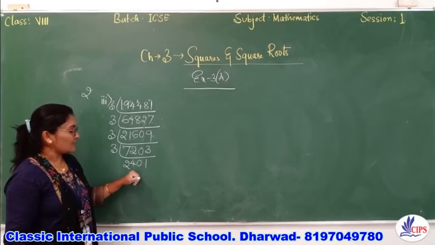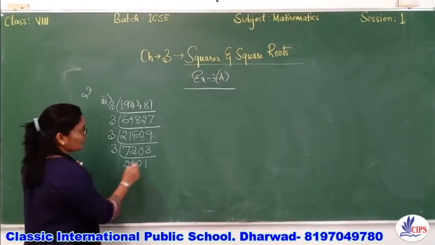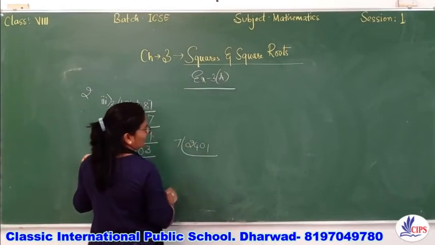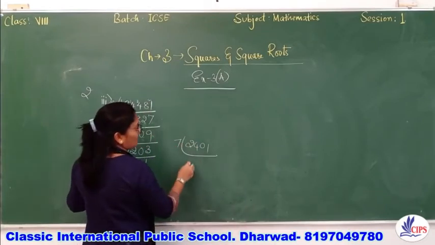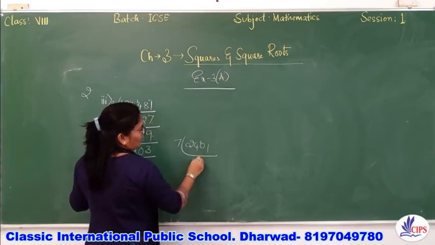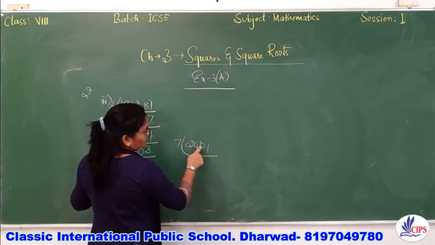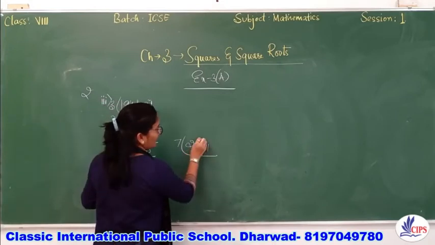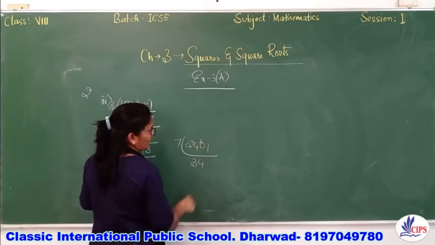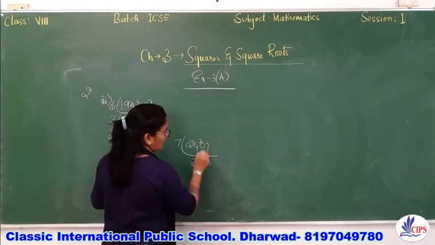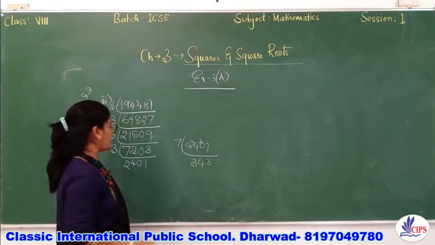Now we'll check whether it's divisible by 7. So here 2401, when you divide with 7, 24 is not there in the 7 table, so 7 3s are 21, so 4 I carry here. Now 7 3s are 21, so 3 is left, so it becomes 30. 7 4s are 28, so again 2 is left, 7 3s are 21. So it's divisible by 7.